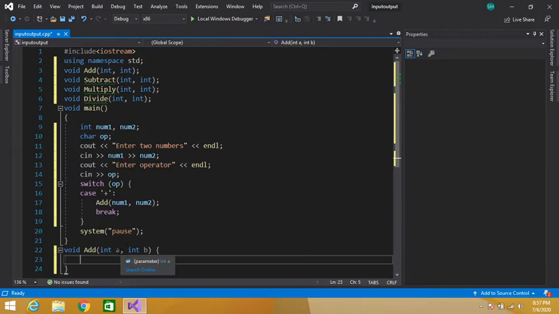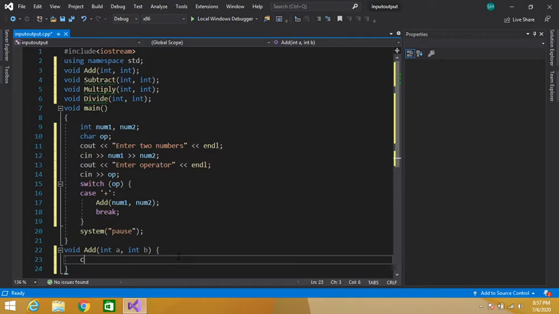We can write different names here. Here we have written num1 and num2, but we can give different names because the compiler knows that these a and b are num1 and num2.